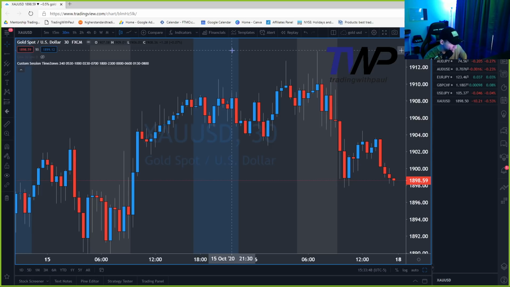And this is what learning how to read candlesticks the right way and understanding how the markets work does. We've talked about this before, and Gurjot and Paul and I have laughed about this before. The original reason I went into streams was to see what the sentiment of other traders was. I wanted to know what they're doing, because most of them lose, and it's sad to say, but I want to know what they're doing so I can take advantage of the mistakes they're going to make. Because let's be honest, they're going to make mistakes.